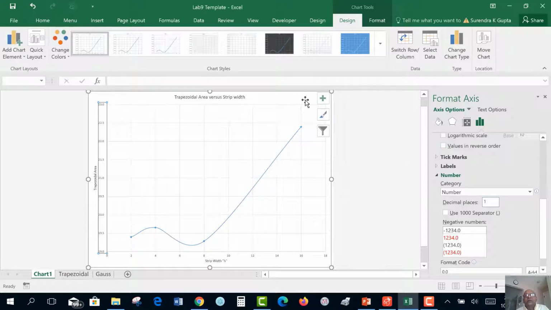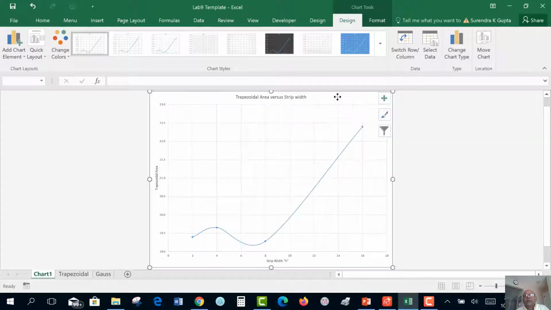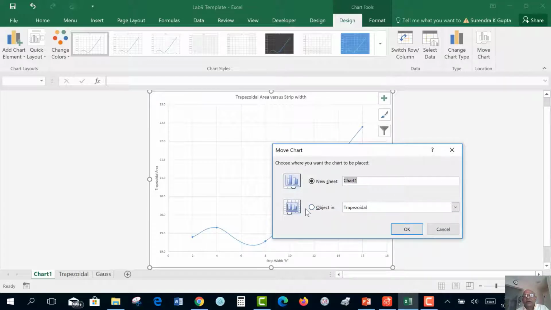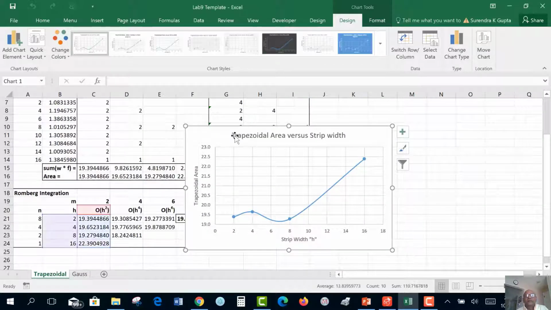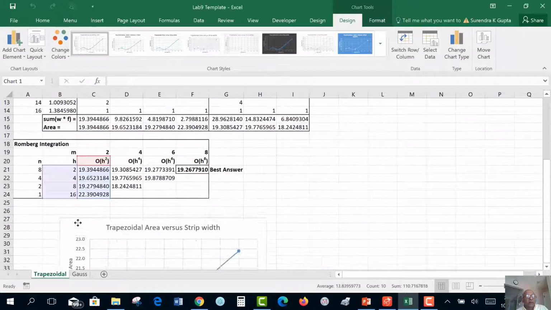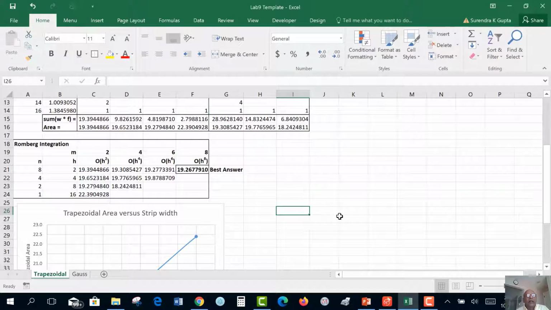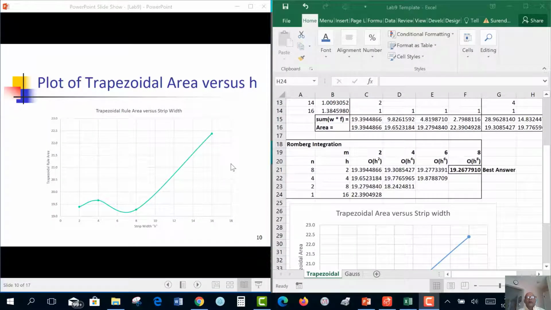Okay, so everything looks good. Let's put this back in our trapezoidal worksheet. So we're going to drag this down to the bottom here. Okay, another plot we want is that of